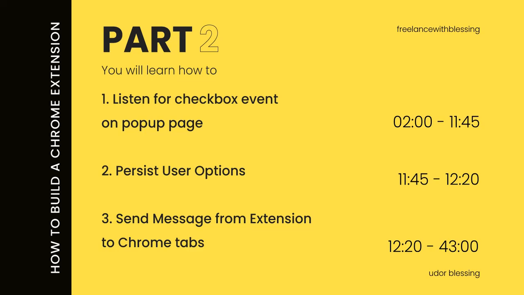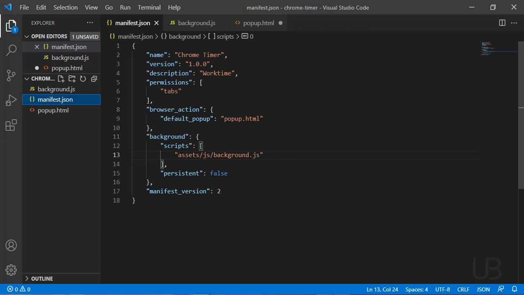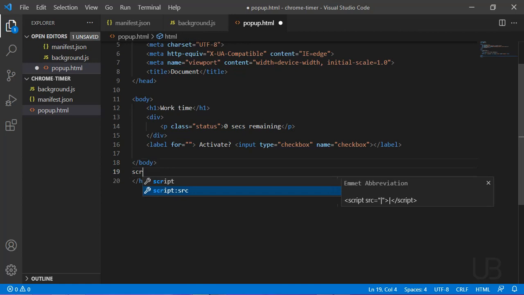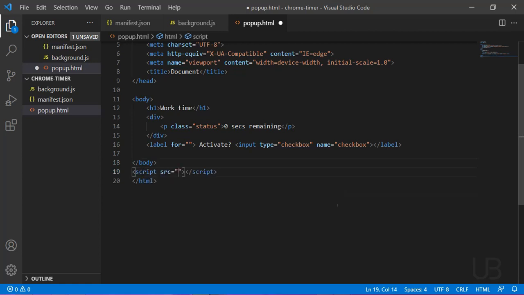Okay, you need to know JavaScript very well, and you need to know HTML and CSS, because these are the things we'll be using. We'll be using some built-in functions provided by Chrome itself. The first thing we are going to do is to set up a script for our extension. This script will live in the assets folder